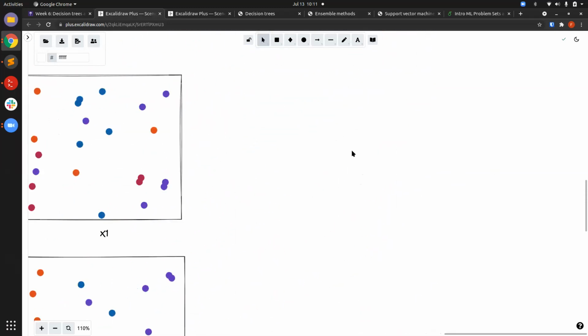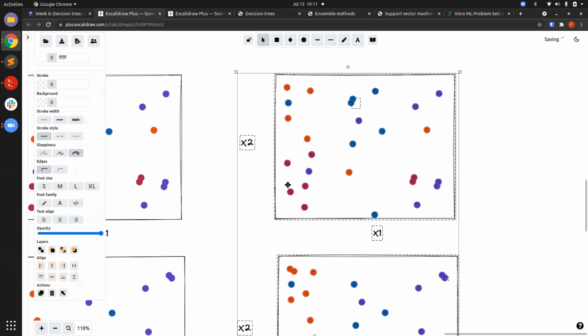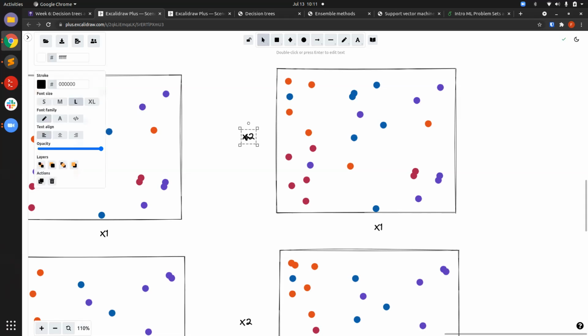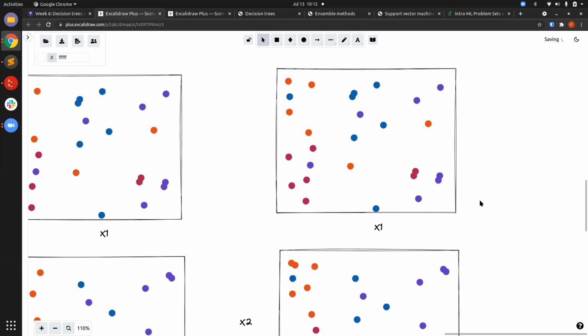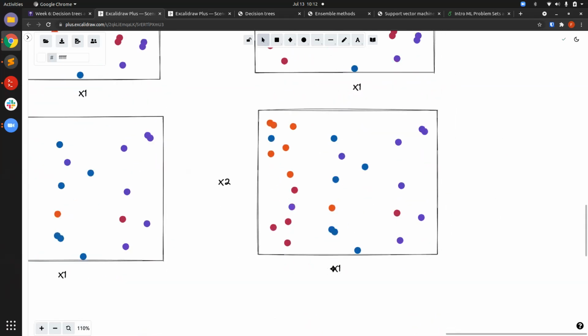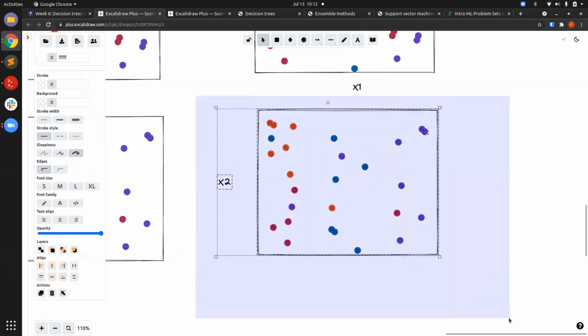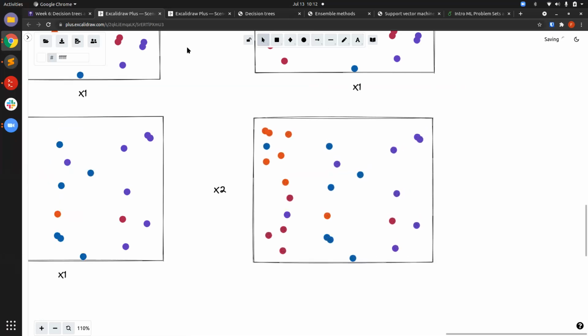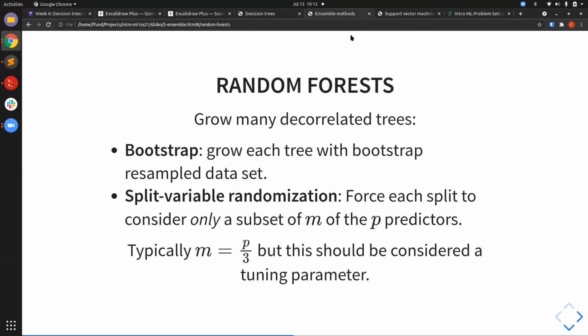Okay. So I'm still going to be considering many different versions of the data set. But now I'm going to consider only a subset of the predictors for each tree. So let's say for tree 1, I'm not allowed to split on x2. For tree 2, I'm not allowed to split on x1. So by, let's say, forcing each tree to only use a subset of potential predictors, I produce trees that are